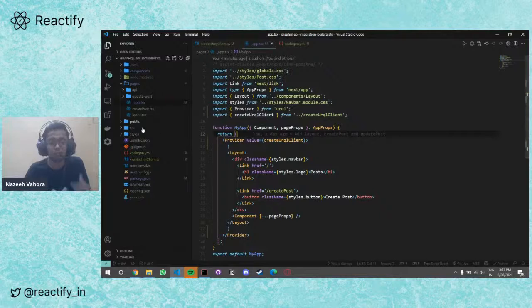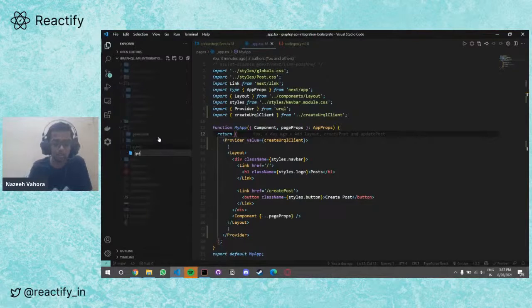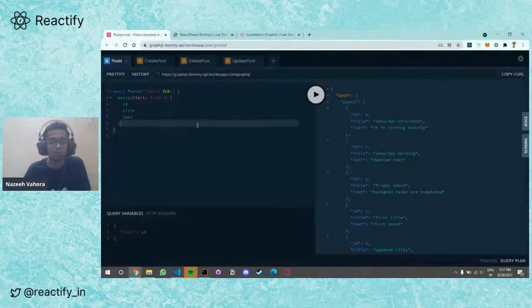But before generating types, we need to write queries, or GraphQL queries. So I'll write it over here. I'll create a new file, getPost.graphql. I need to write the query to fetch posts from our API.